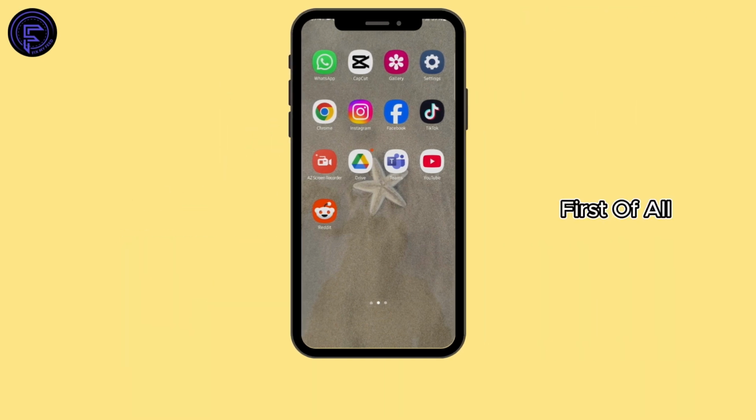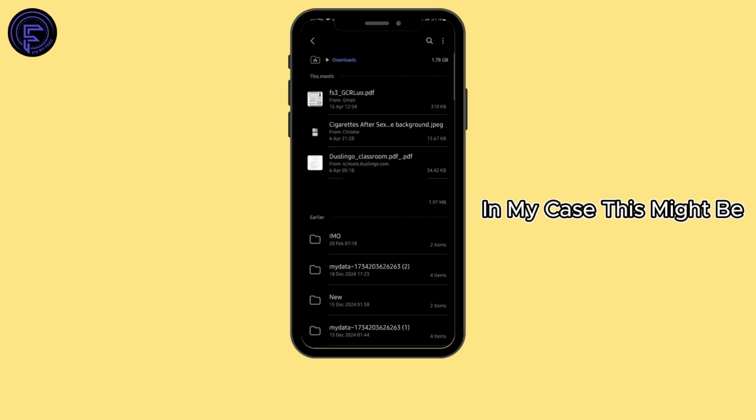Let's get started. First of all, in order to identify what video file or video format that is, you have to open your file manager or any of the application where you have received the format. In my case, this might be on my download section. So at the end, you will see .pdf, which is the exact format of the video or a file that